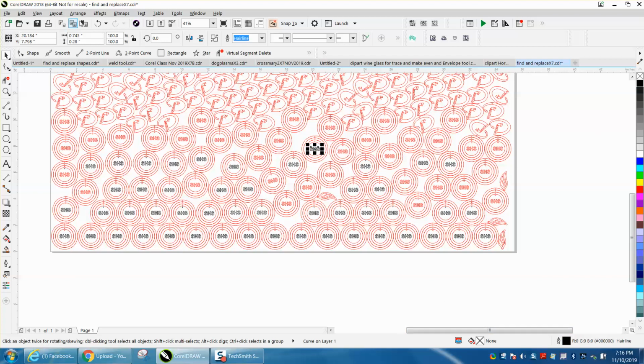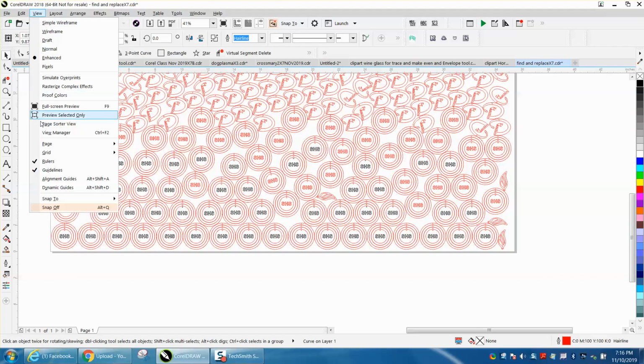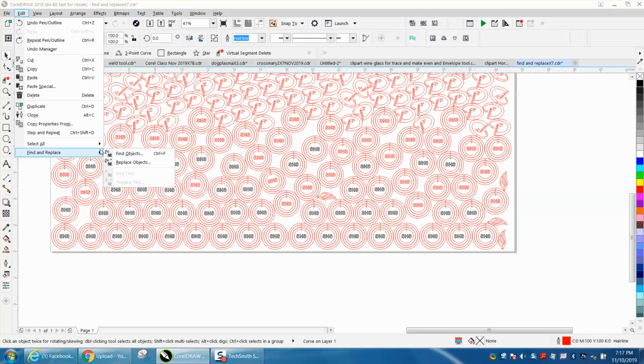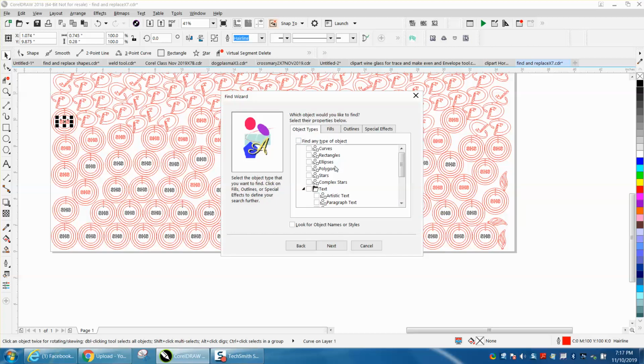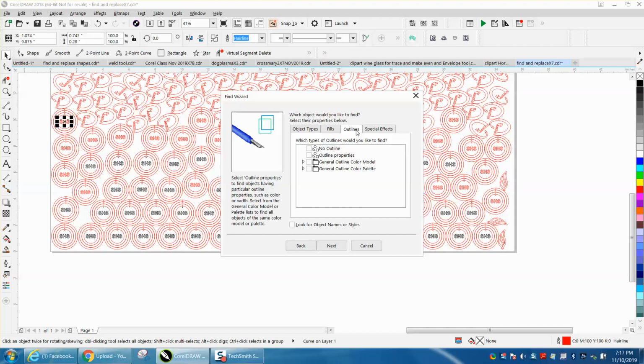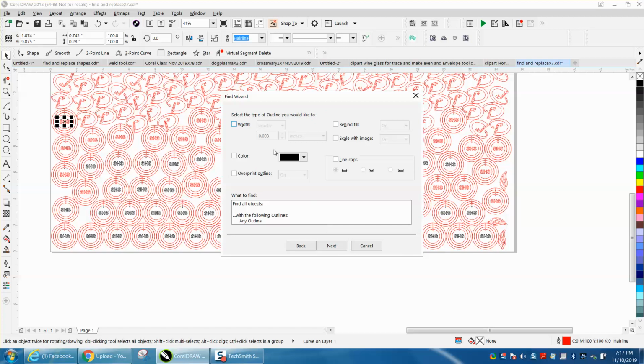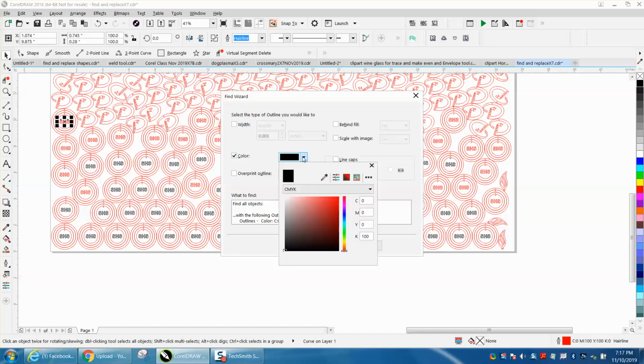And then you could use find and replace later, because this is still a hairline. So one suggestion, this was evidently a text. You could have left it as a text, and then you could have find and replaced it. Well, let's just go to view, edit, find and replace, find object, begin new search. And this time we're going to go for outlines, and we're going to check on outline properties and go next. And then we're going to go with color, and it just happens, well, this is black, CMYK black, but I'm using his file. So we're going to change this to